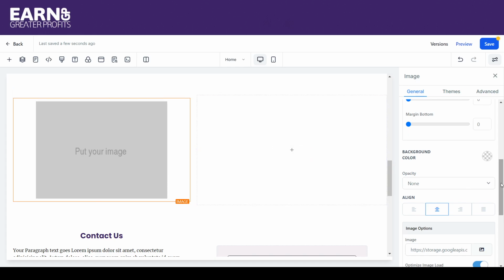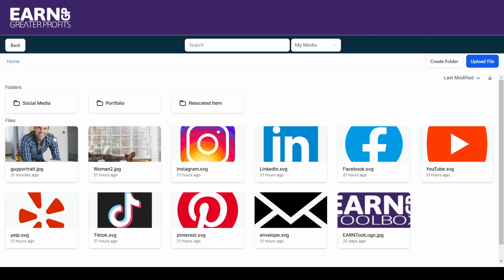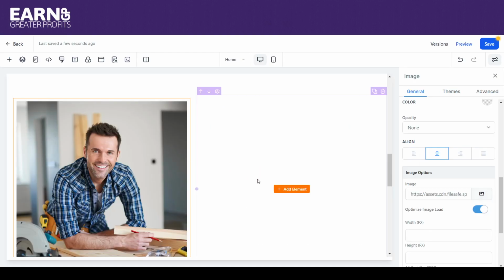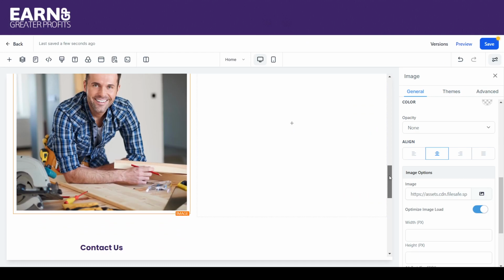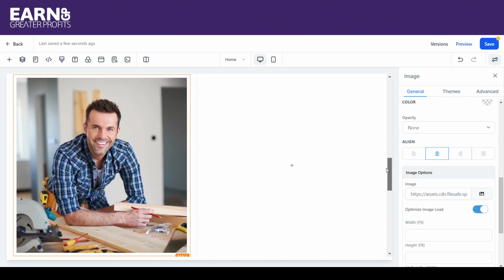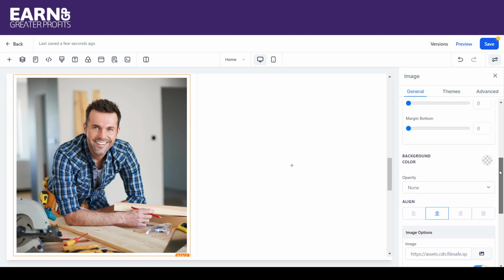So I'm here in my images. I'm going to pull up this handsome home services guy. I manipulated this image. I adjusted this image so that it's portrait style so that it would fit in this area. And then what I'm going to do is